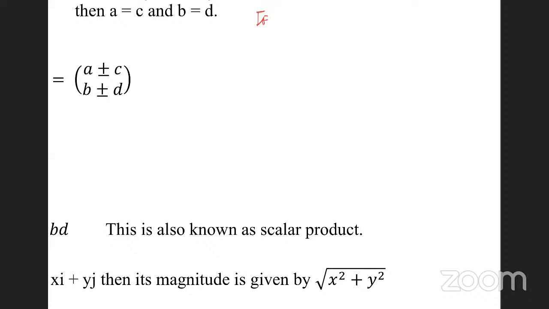If A is equal to xi plus 2j, and B is equal to, I'm keeping it simple, right? And B is equal to 2i plus 5j,